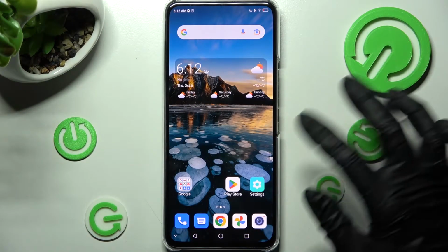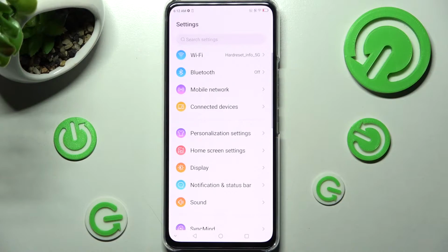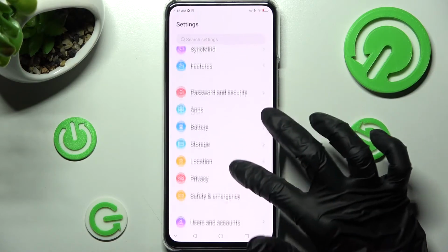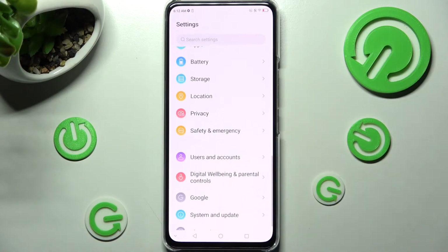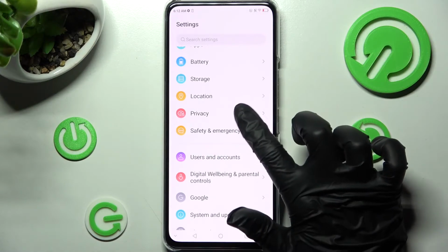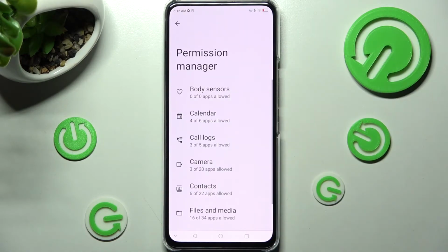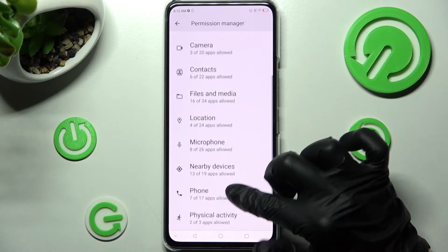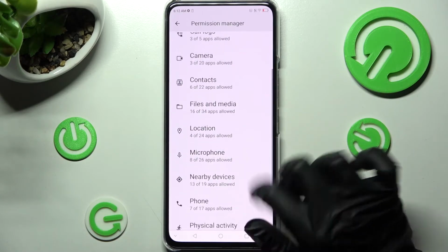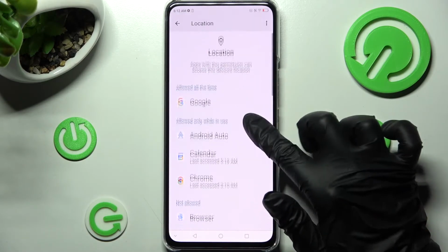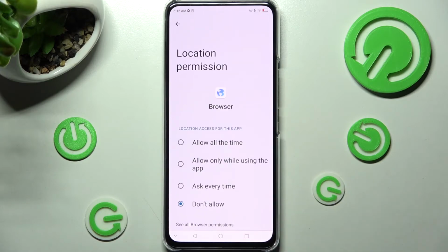First of all, you need to access Settings and scroll down. Now tap on Privacy section under Location and choose Permission Manager over here. Then you need to click on one of your device's features, like Location, and select an app, like Browser. Then click on one of those options, Allow all the time, Allow only while using the app, Ask every time,